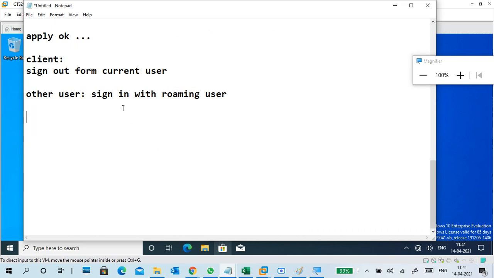Okay, so next practical. This itself is a lengthy one. The next practical is small, but